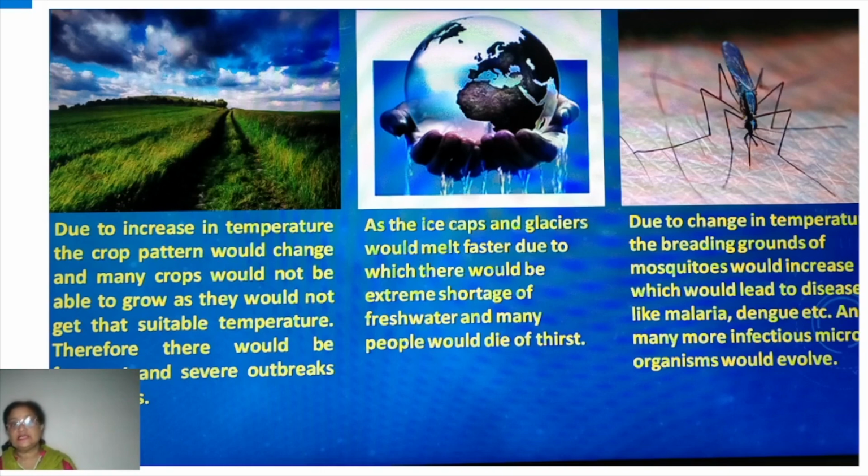Then next is the same thing which I mentioned just now in the earlier part: the fresh water source. The ice caps or the glaciers are one of the main sources of fresh water. Once they are gone, naturally a big source of fresh water is gone. So we are going to face a lot of problems because of the scarcity of fresh water, which is required for the living beings to survive.